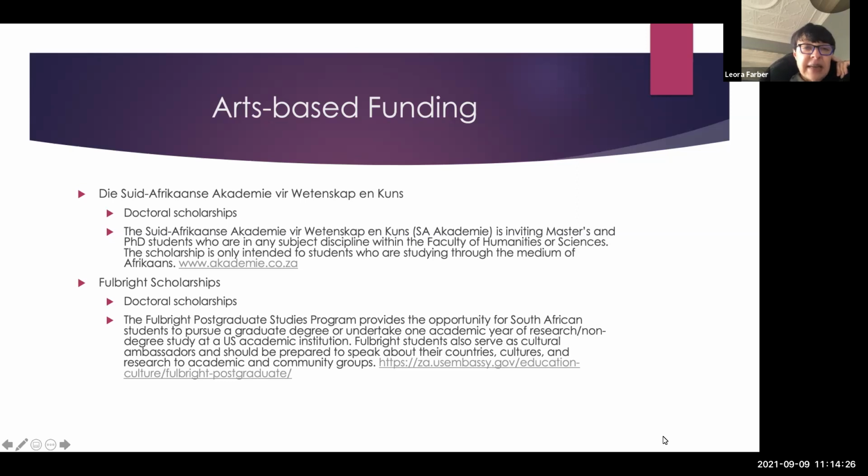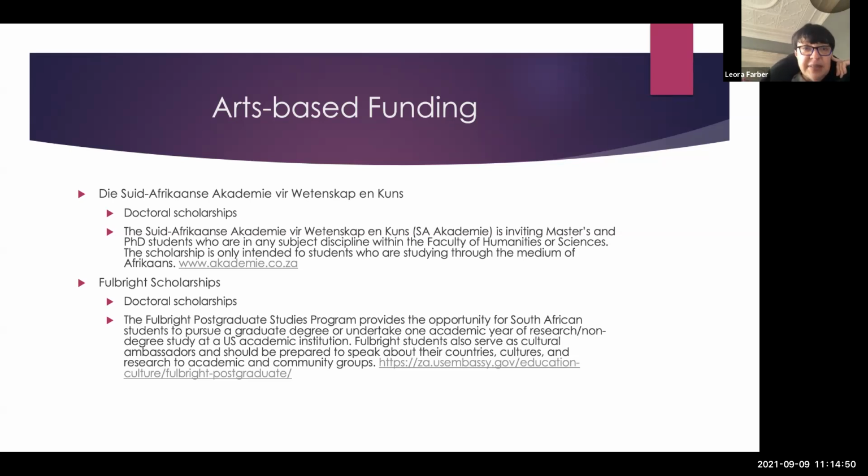Die Suid-Afrikaanse Akademie vir Wetenskap en Kuns offers doctoral scholarships, but it's for master's and PhD students. And they say it's any subject discipline within the Faculty of Humanities or Sciences. But the caveat here is that this is only intended for students who are studying through the medium of Afrikaans.